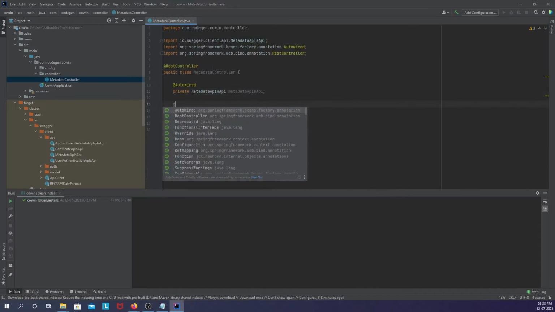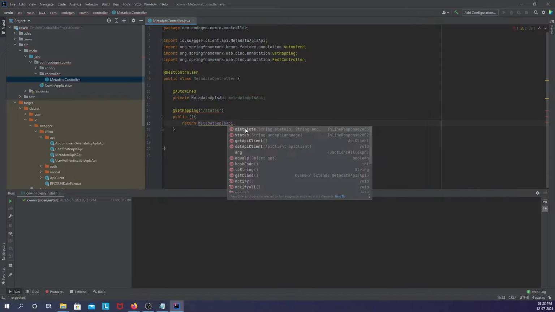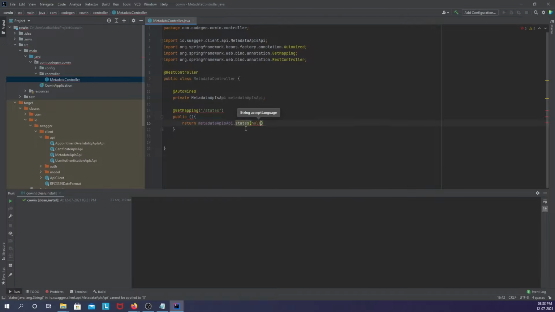So we are going to define a GET mapping, and give it a relative URL, state. And here we are going to invoke the states endpoint from the metadata API, states, passing it as null.